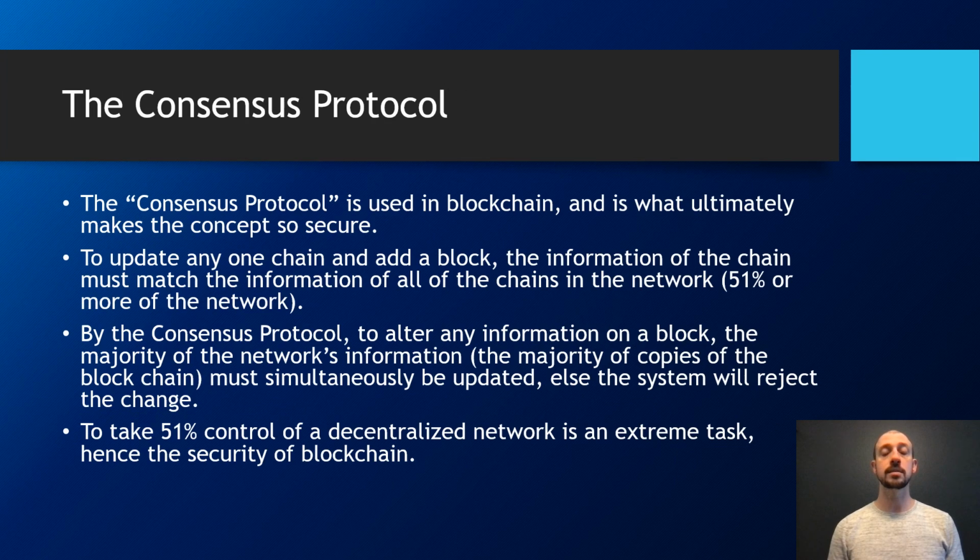By having this distributed network where each node verifies the block before adding it to the chain, blockchain uses what is referred to as a consensus. This constant verification that takes place from the consensus protocol is what ultimately makes blockchains so secure. If someone were to attempt to alter the information of a block in a chain, that block would be rejected by other nodes in the network because it does not match their blocks,